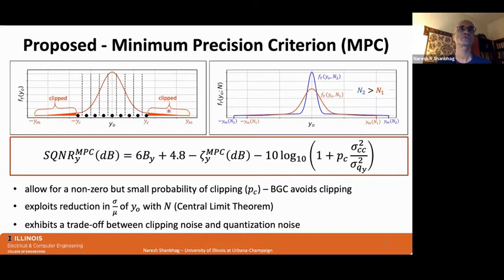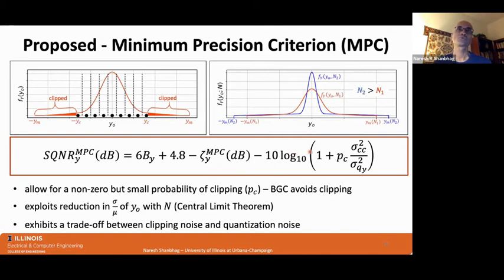Here we say, don't do that. You actually allow for some clipping. You artificially impose a smaller max, y sub c, and then fit in your quantization levels in that regime, and let this clipping have a finite but small probability. You permit that. And once we allow for that clipping probability, our equation changes. It has a different form in which there are four terms. The first two terms are familiar. Of the last two terms, one is the peak to average ratio of the output, and the second is the additional correction factor due to clipping that we are permitting now.